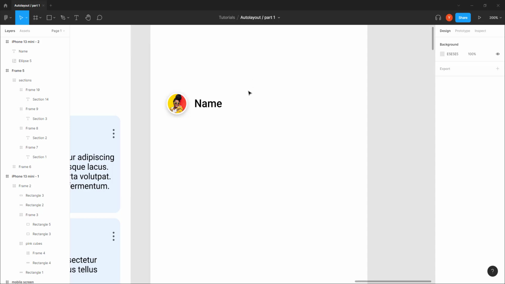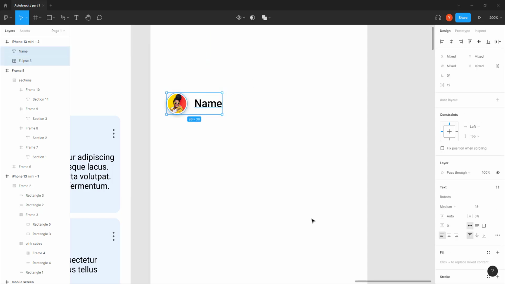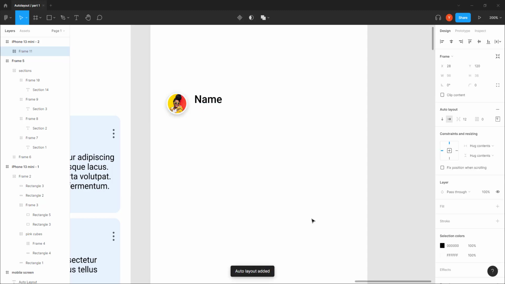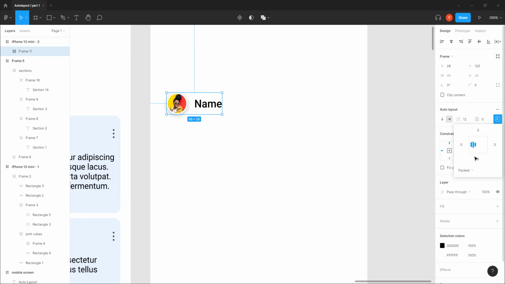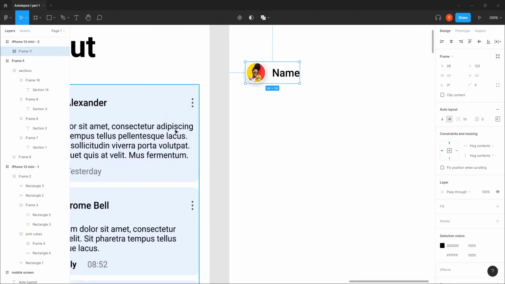Okay, I'm going to take these two and I'm going to press Shift A and give them an auto layout behavior. Now, you see that they're kind of aligned to the top. Why? Because the default alignment inside an auto layout is top left. If I give it mid left, now it's okay. We can easily change the spacing between them. I can give it a bigger space or a smaller space. Very easy. Okay, so that is one section in our comment